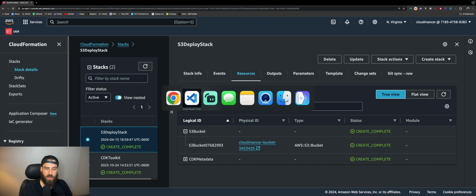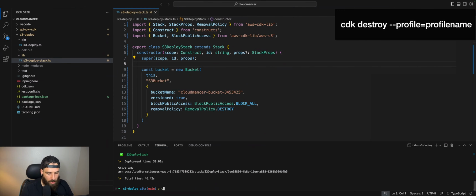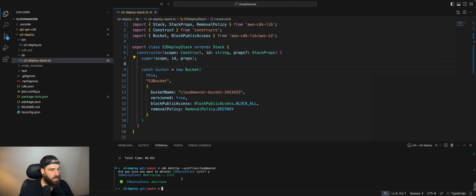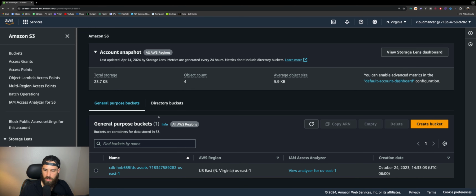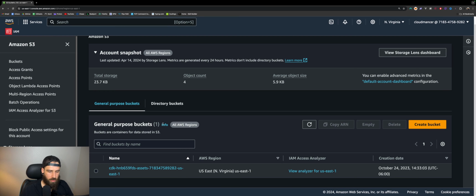However, I'm going to show you how you can do it here in VS Code. So all we type is cdk destroy. Once again, I'm going to reference this profile. I don't know if we actually need to do it on cdk destroy. It might just reference wherever we just deployed it. We'll just go ahead and hit yes. All right, and that stack got destroyed. Then if we go back here to CloudFormation, we can refresh. We can definitely see that that stack got destroyed. And we can also confirm that because we had that removal policy destroy, it did indeed delete that S3 bucket.